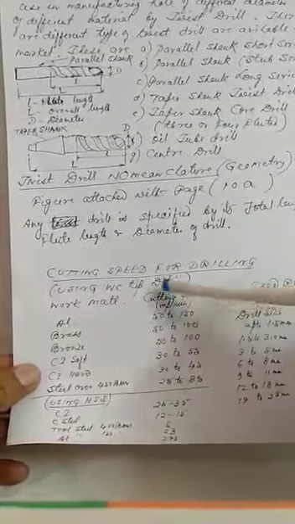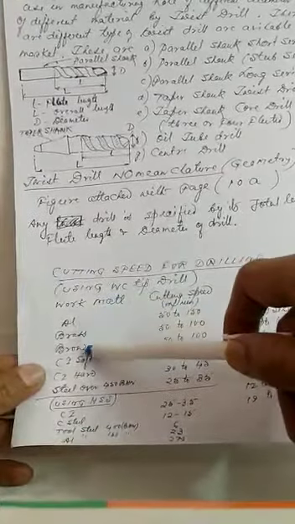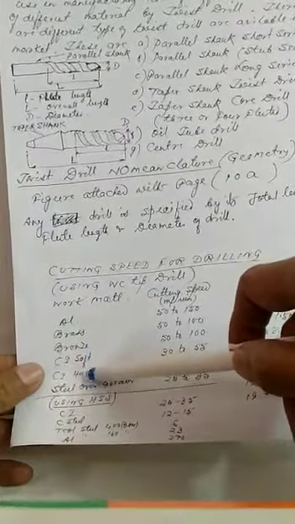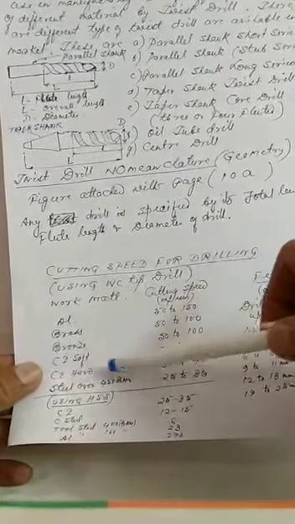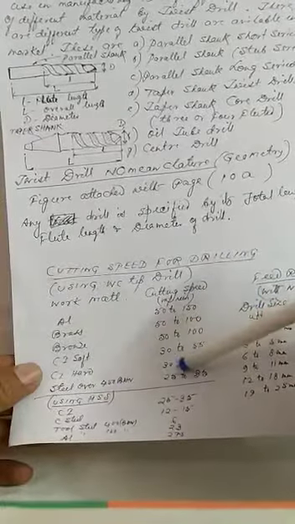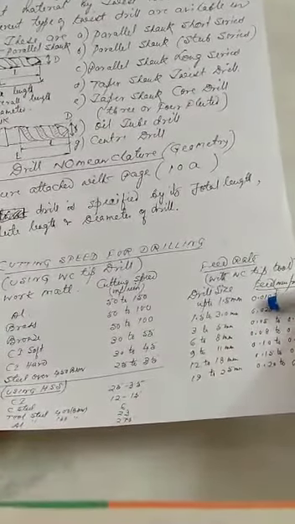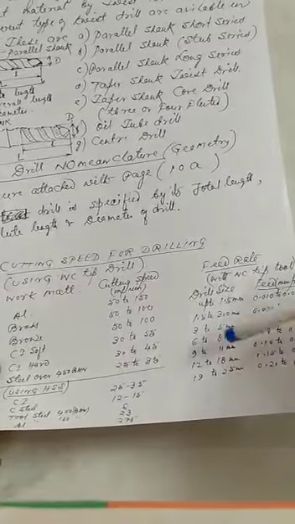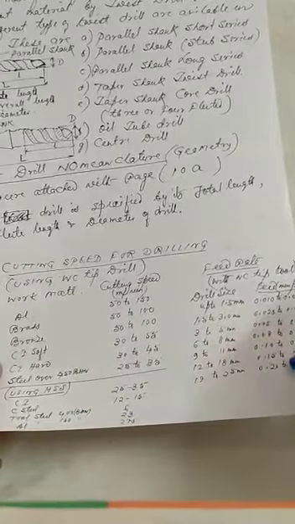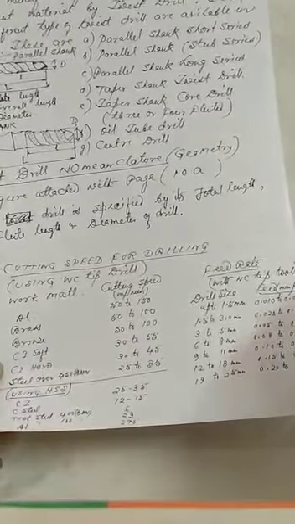Cutting speed for drilling using a tungsten carbide tip drill, and here the work materials are aluminum, brass, bronze, cast iron, or cast iron soft and hard. The speed is almost 50 to 150 meters per minute in the case of aluminum, but if it is cast iron, the speed will be lesser, 30 to 55. And the feed also I am showing you depends on the drill size. The feed will be 0.010 to 0.025 millimeter per revolution in case of aluminum, but if it is cast iron, then the feed is almost the same, 0.015 to 0.25 millimeter.